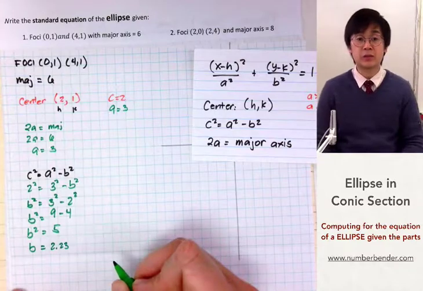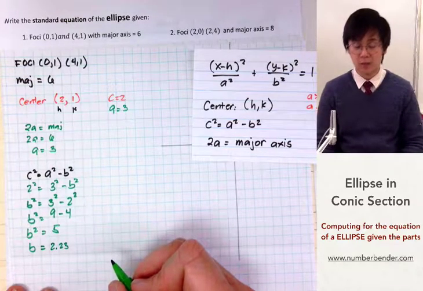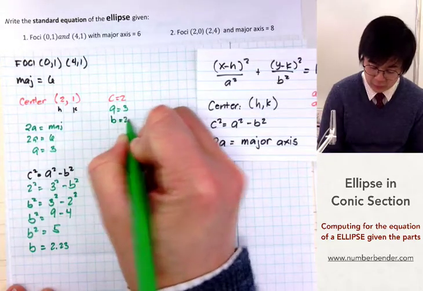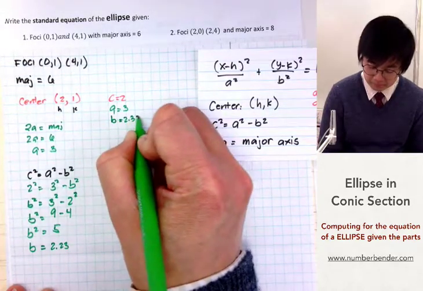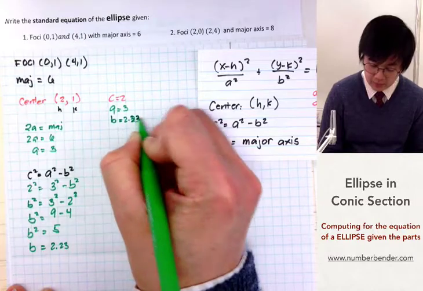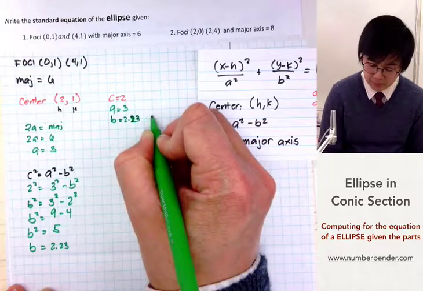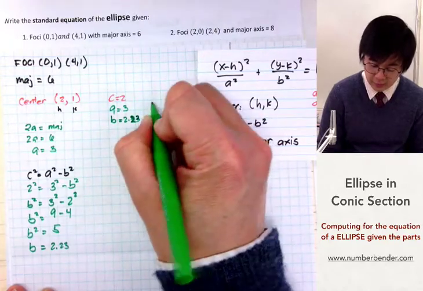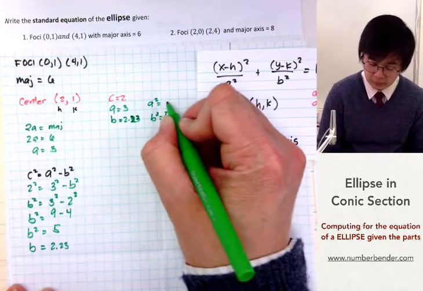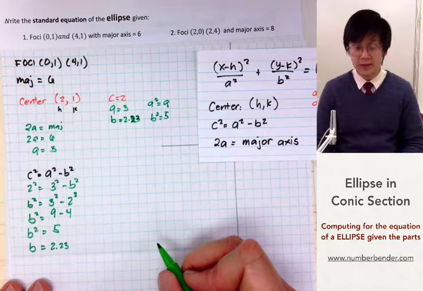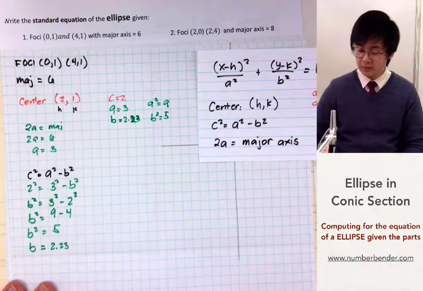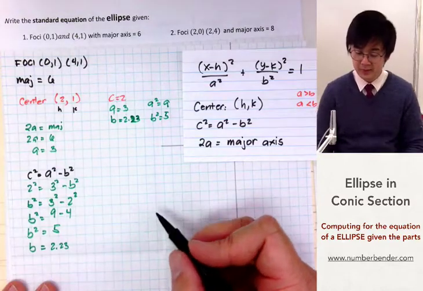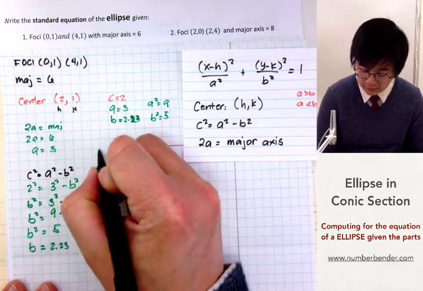We're going to be using that value to find the vertices of our ellipse in a little while. So we have the value of b, which is 2.23, and b squared is equal to 5, and a squared is equal to 9. And we're going to use that in our standard equation of the ellipse. So to complete our work,